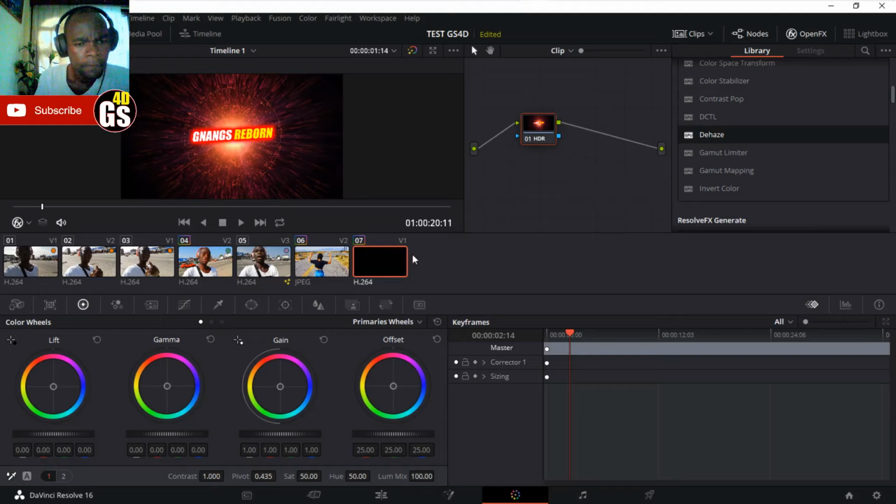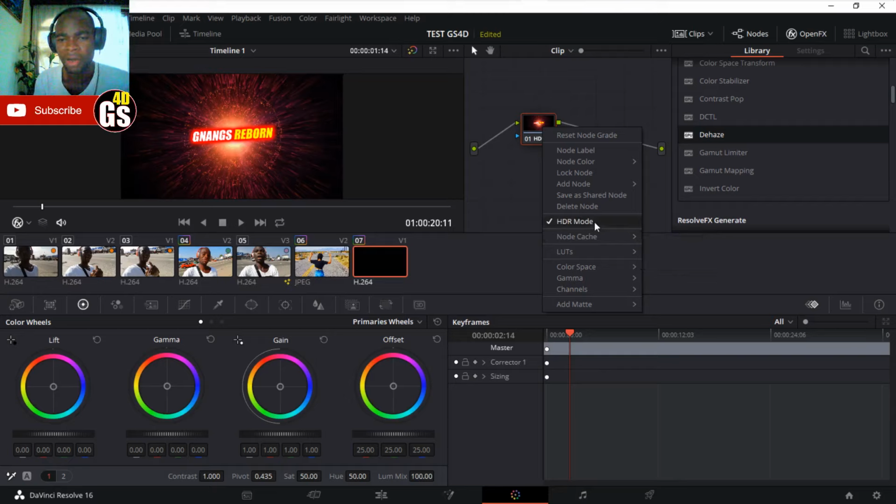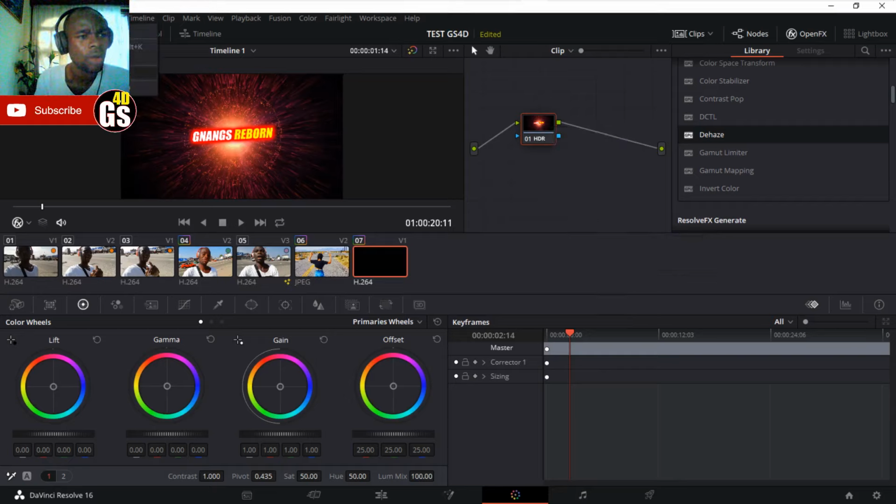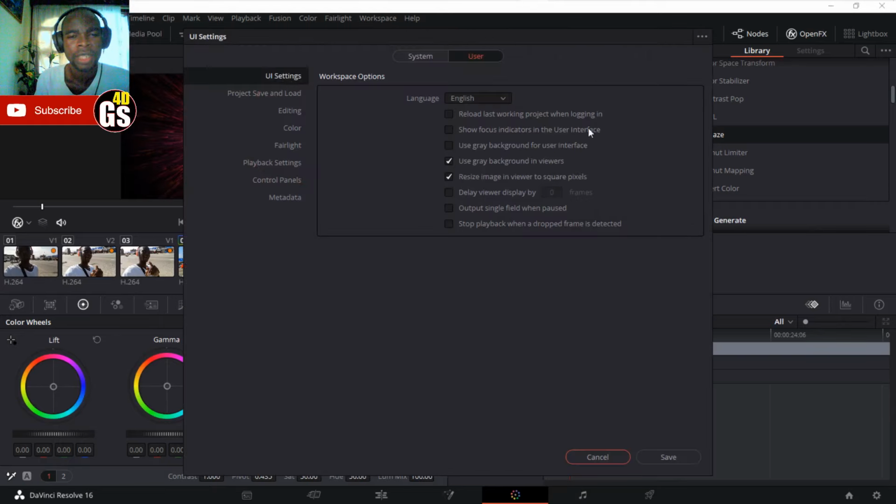Wonderful. You have so many features. This is HDR mode. HDR mode is enabled. You can work with this.